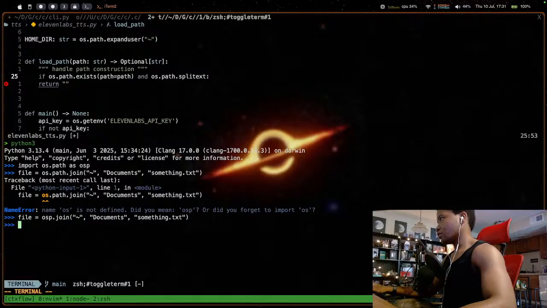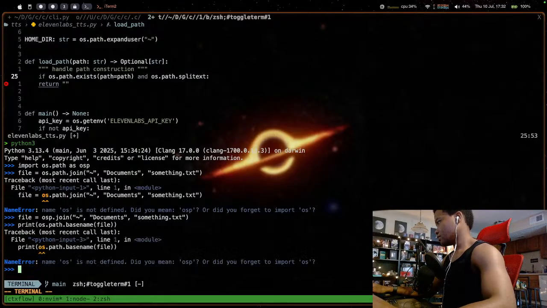Okay, so now if we do, I don't think I have to print, but just in case. os dot path dot, what was it? It wasn't split. It was os dot path. Well, no, basename. Basename file. Yes. Oh my god, why do I keep doing it?